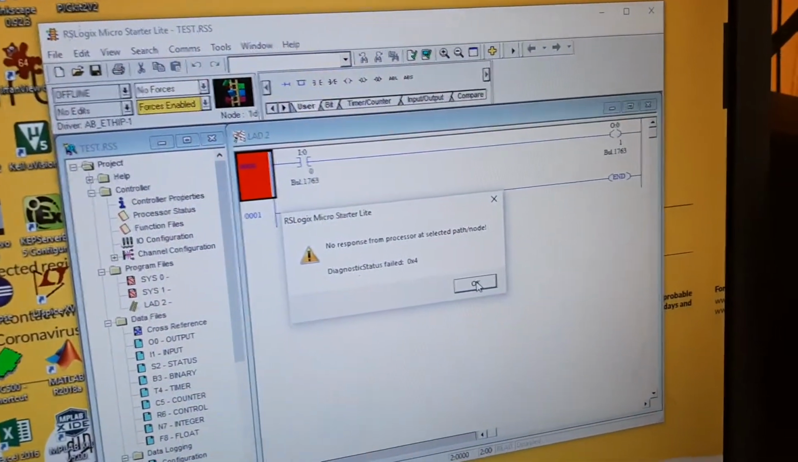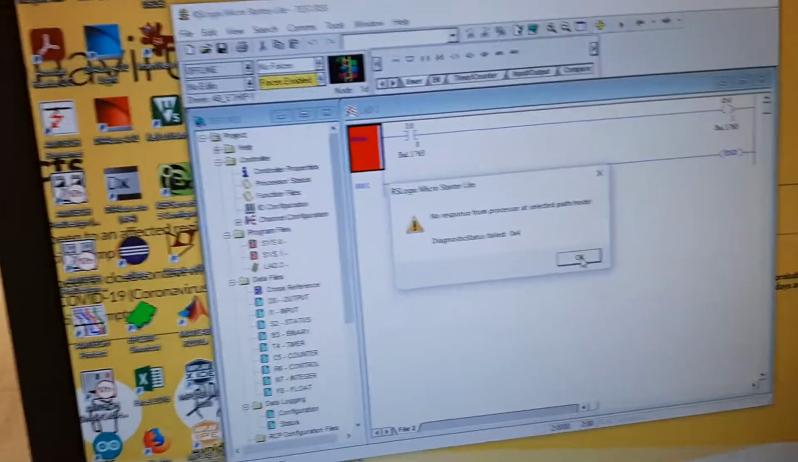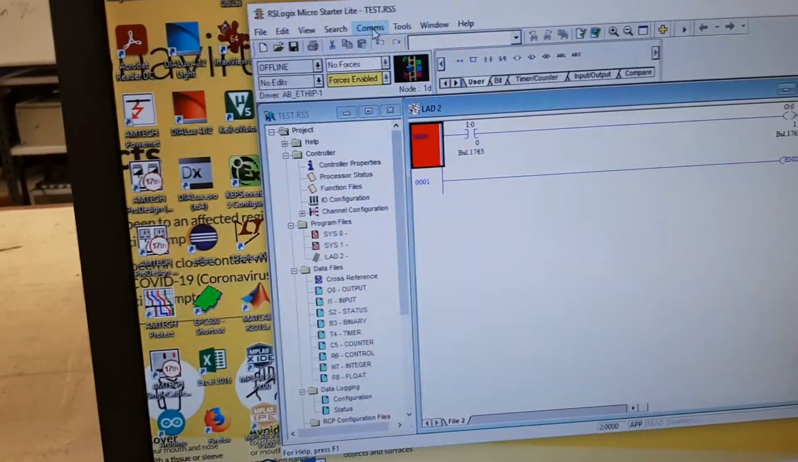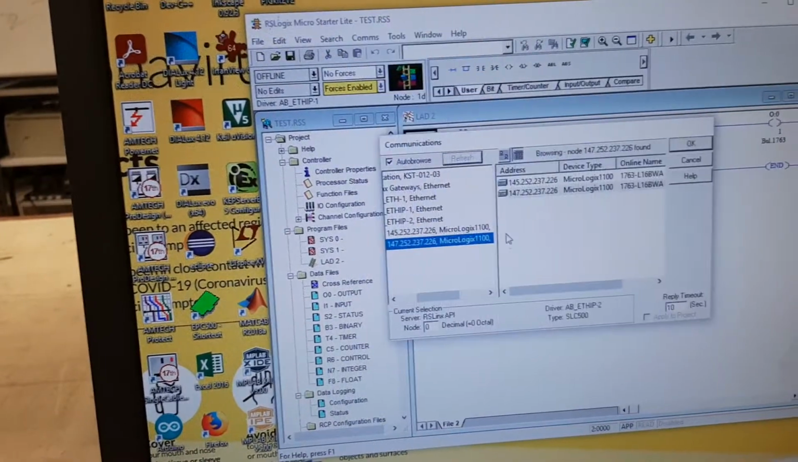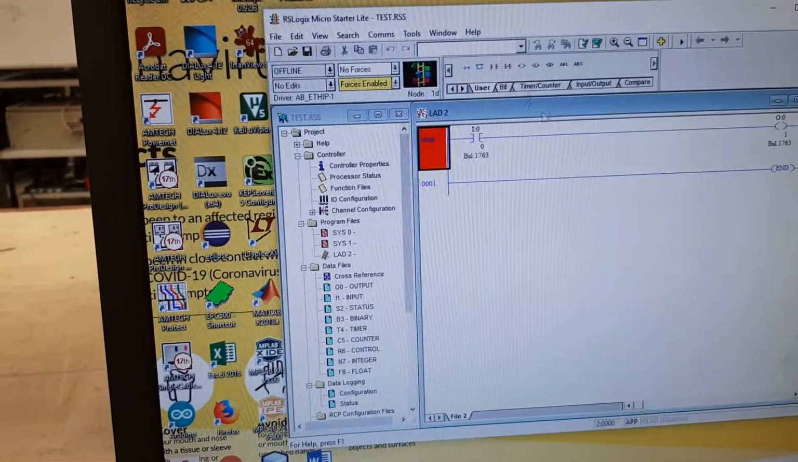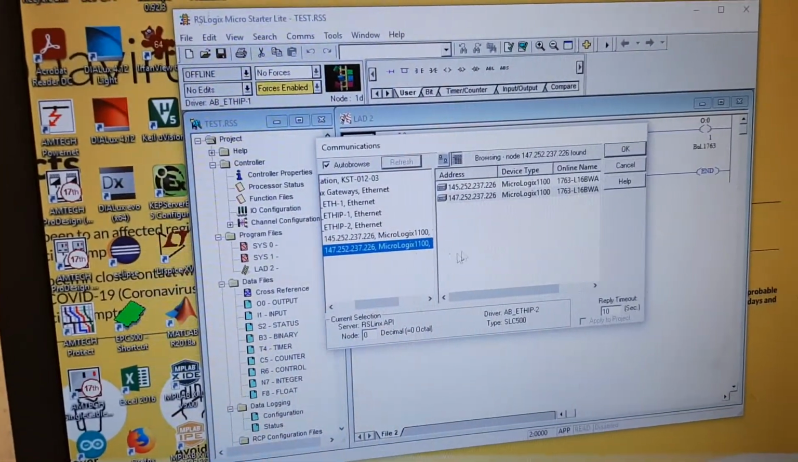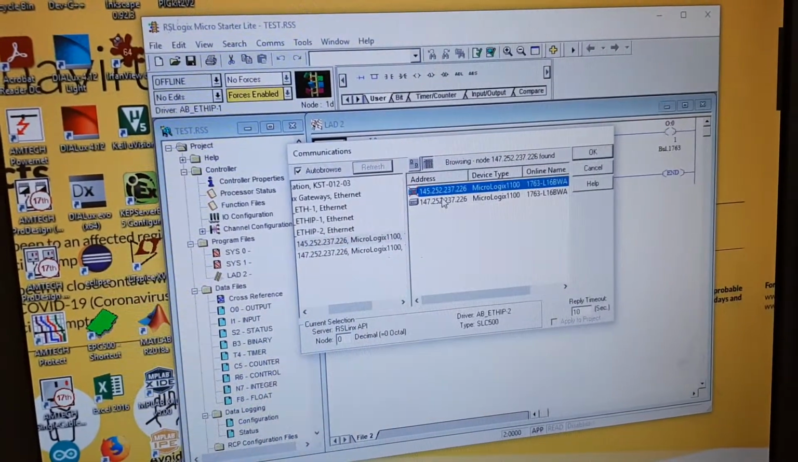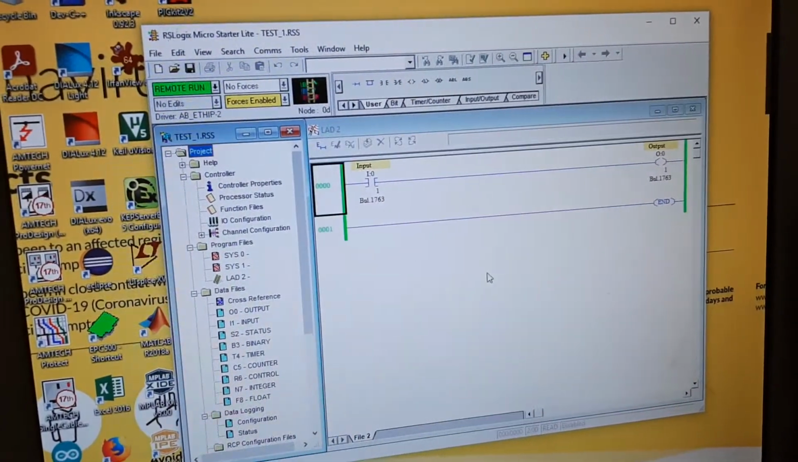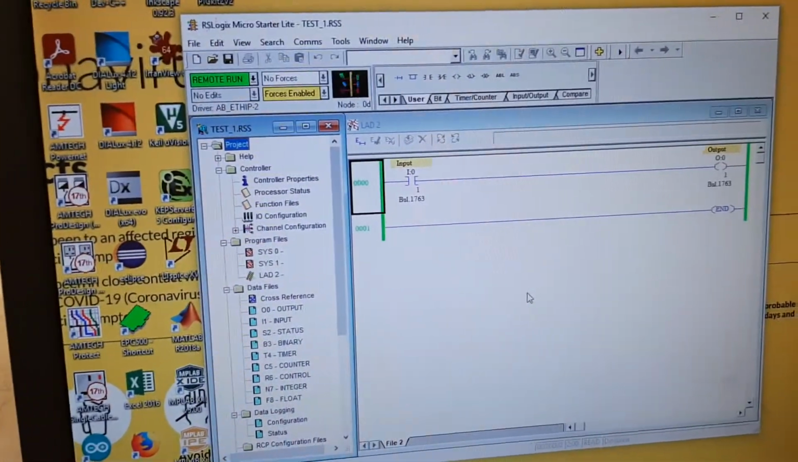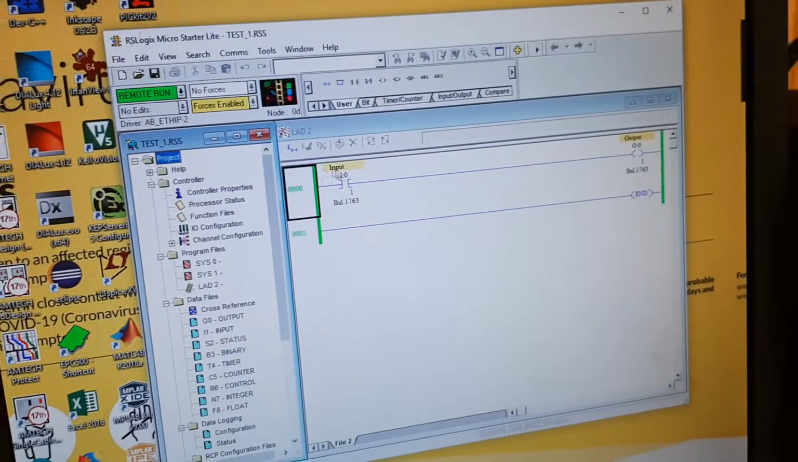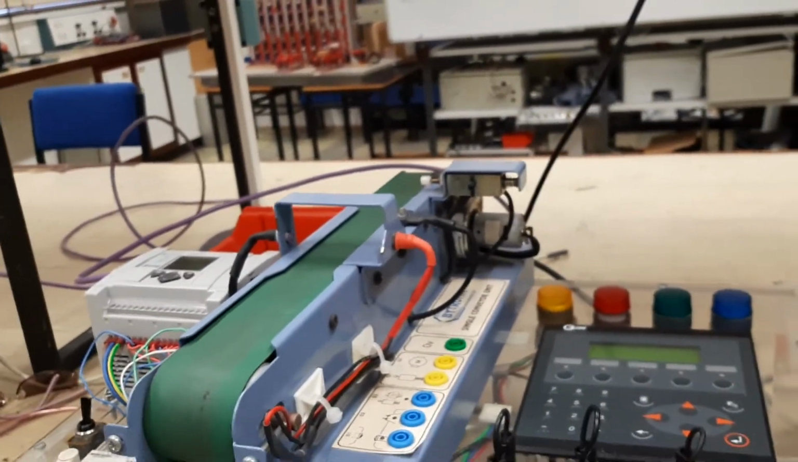PLC over there. Now there is one error here, and for finding out what is wrong, I should check the communication again and who active. Did you see which one I clicked? Communication, who active, go online. Now I'm checking if I'm again not connecting to this one but this one, and that fixed the problem. Now I'm online. That means that the program that I have here is actually on the kit, but I put